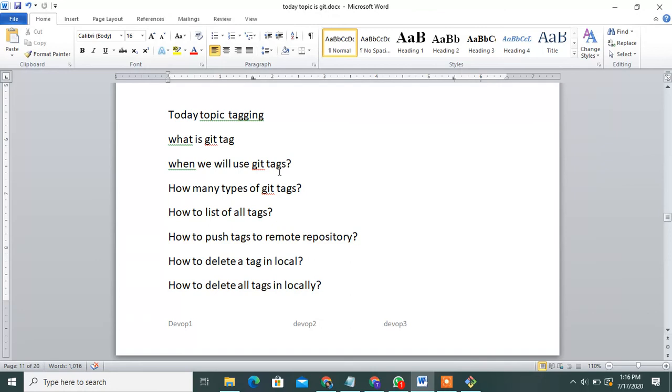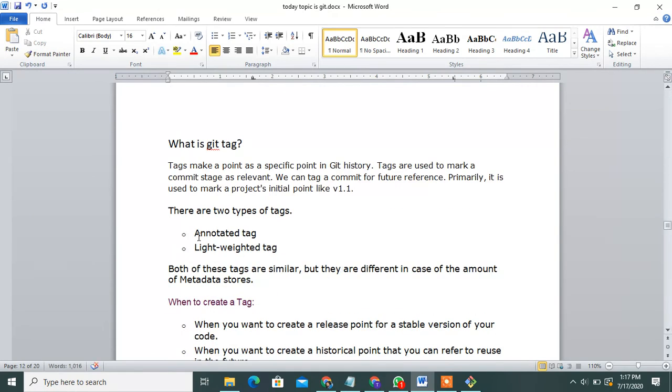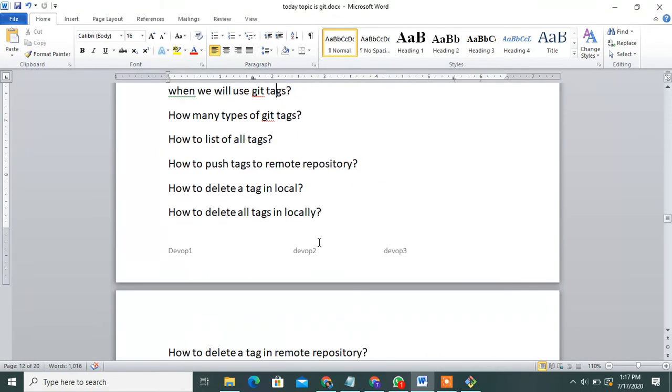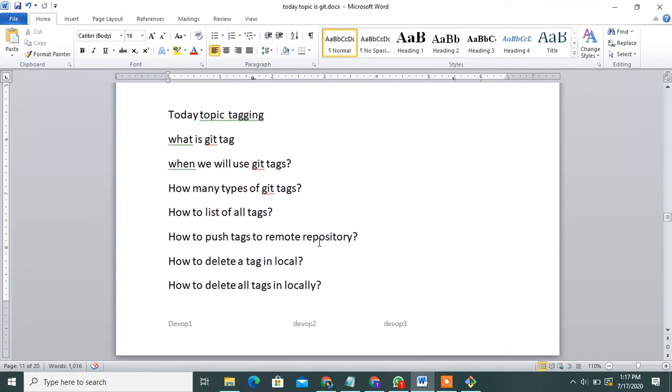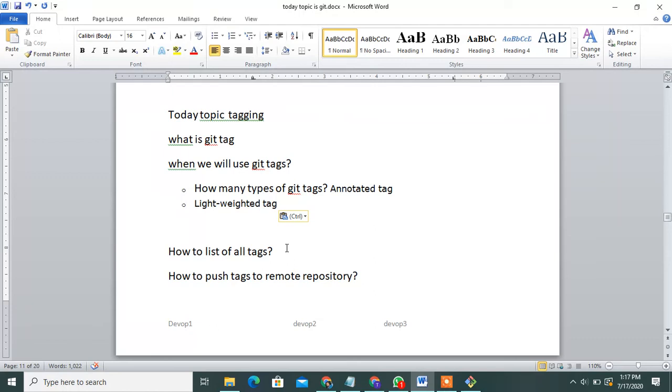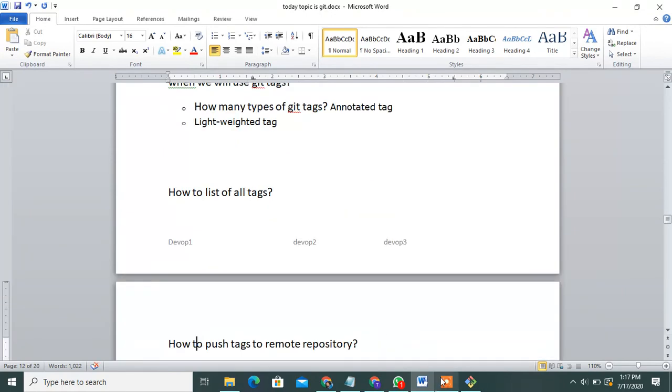See, once again I repeat it. What is a git tag? A git tag marks a particular version of code, and you can identify the commit IDs. How many types of git tags? Two types: annotated tag and lightweight tag.